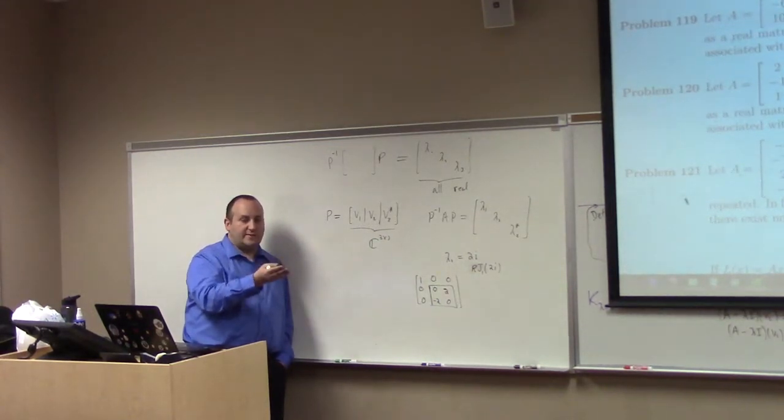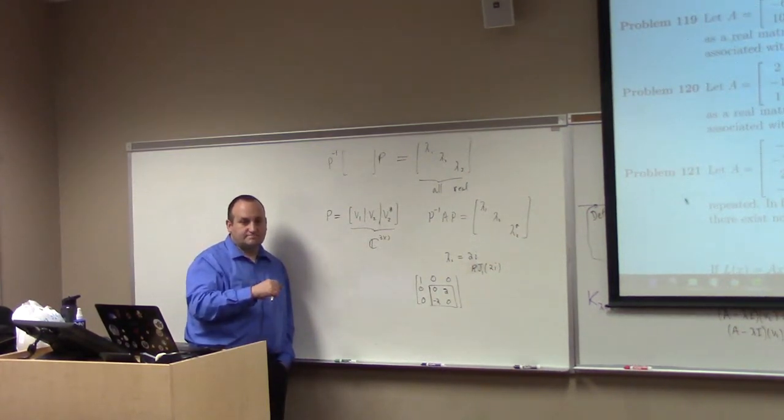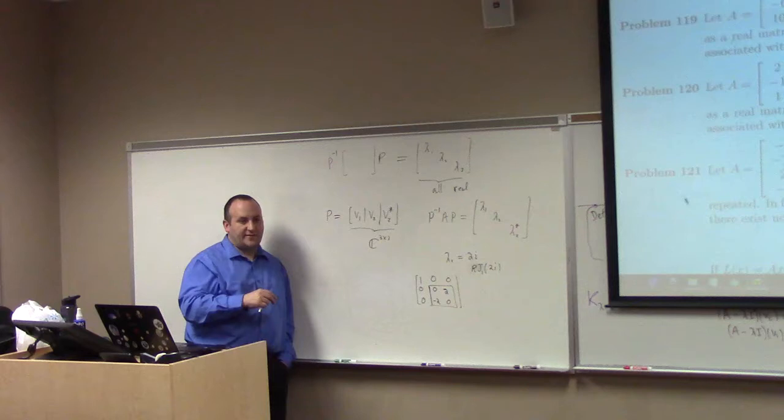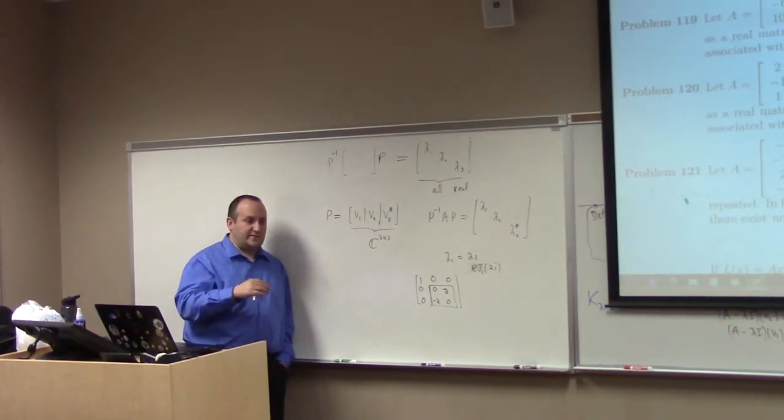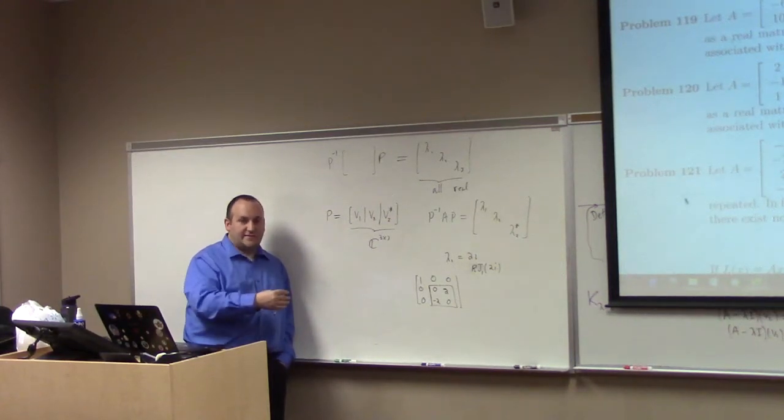Here's a general comment. If you have the real Jordan form, if it contains any interesting real Jordan blocks, even one of those means it's not diagonalizable in the real sense. Because that real Jordan block speaks to the existence of a complex eigenvalue, which means, again, going back to day one, it's not diagonalizable. Because a matrix is diagonalizable over a given field if and only if there exists an eigenbasis with respect to that field for that matrix.